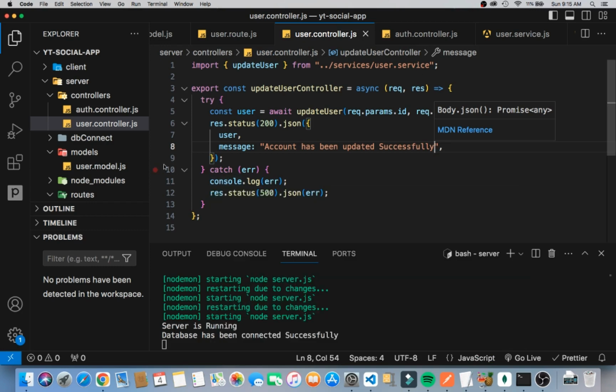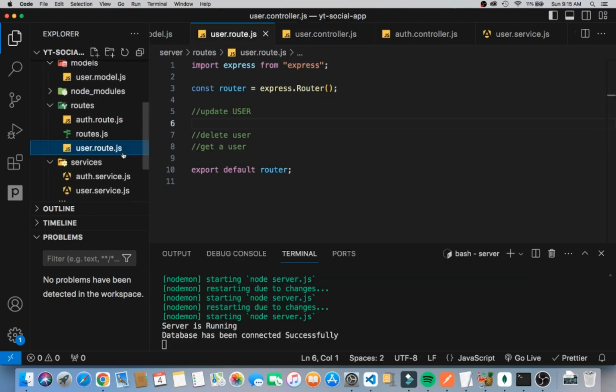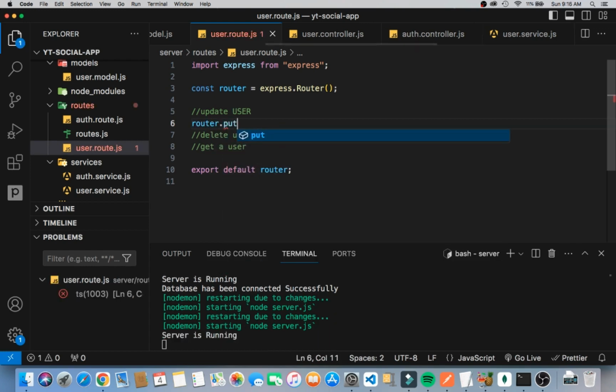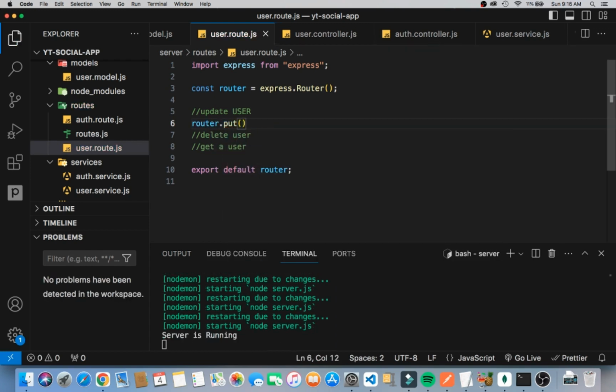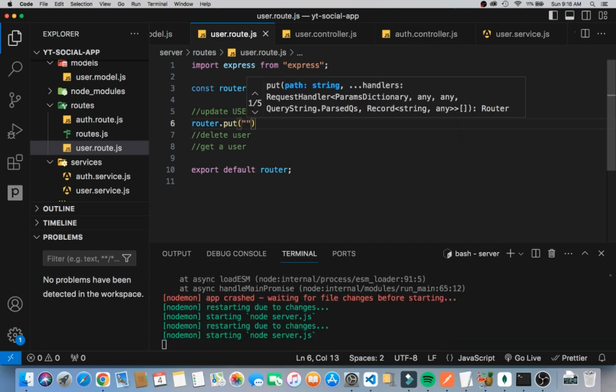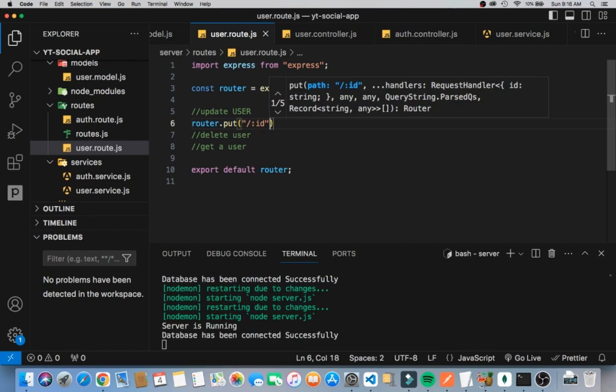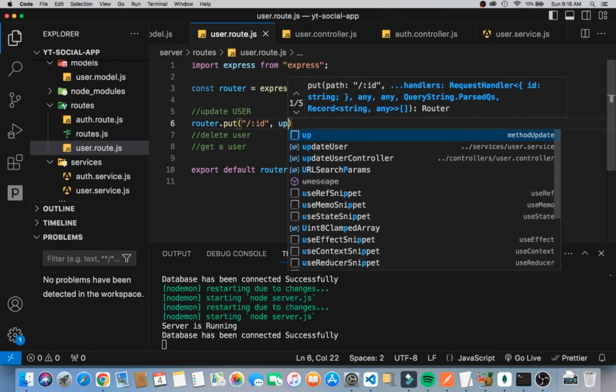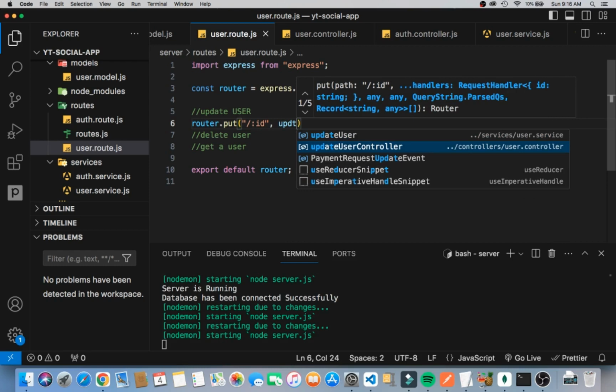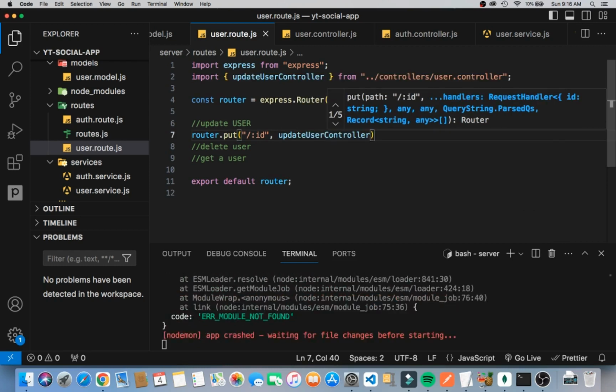our route here, the user route here, and then we want to set up our route. So what we do is inside this file that we have here, we're going to say router.put, then we have this ID, right? We have this ID, no, but we need this part here, and then we have the update user controller that we are getting from our controller